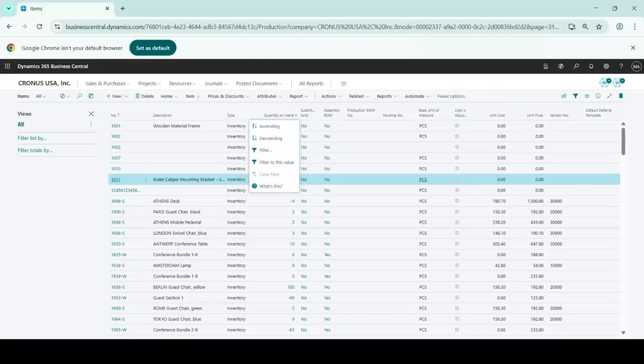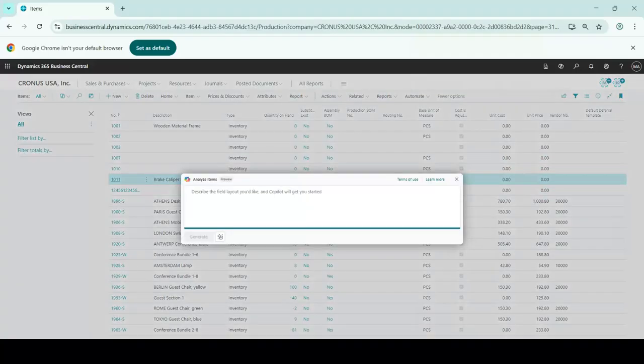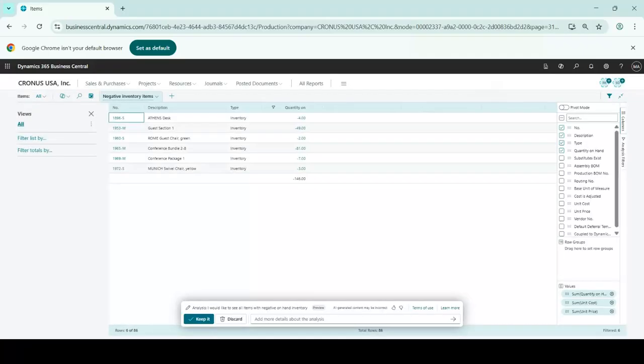So up here, I've got my little icon here. I'm going to click on Analyze List, and now describe the layout that I want, and Copilot will get started. So maybe I would like to see all items with negative on hand inventory. So here I'm generating, and now what I do is I have my little assistant here in Copilot, and it's gone through and it's taken this list, it's opened it up in analysis mode, which gives me the ability to